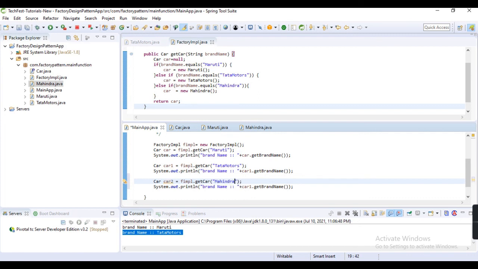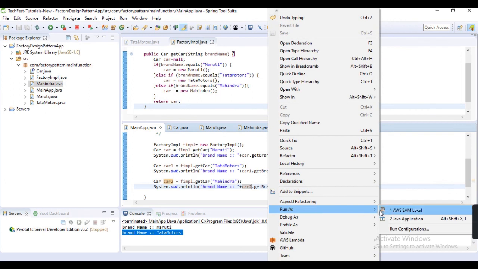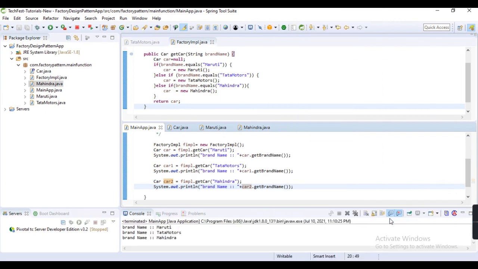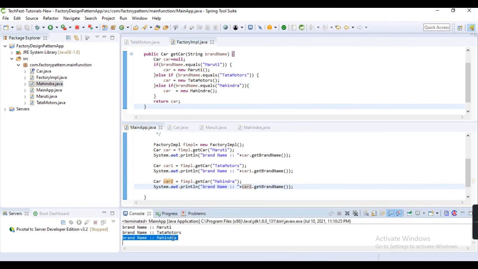When we pass Mahindra and run this class, as we can see, the brand name is now returning Mahindra. So that kind of loose coupling is provided by the factory design pattern. So that's it on the factory design pattern.